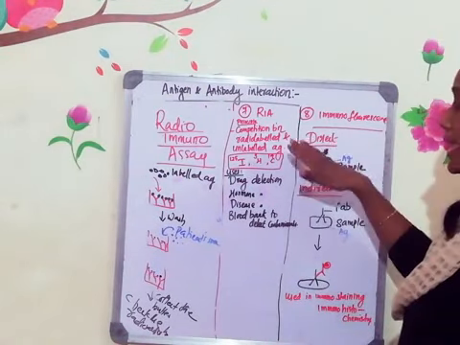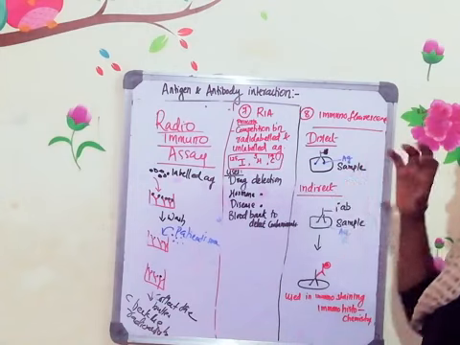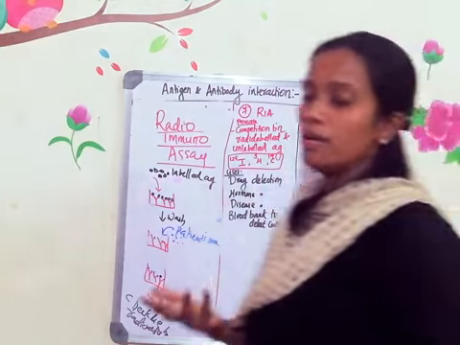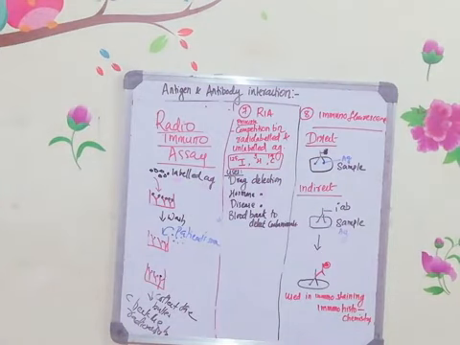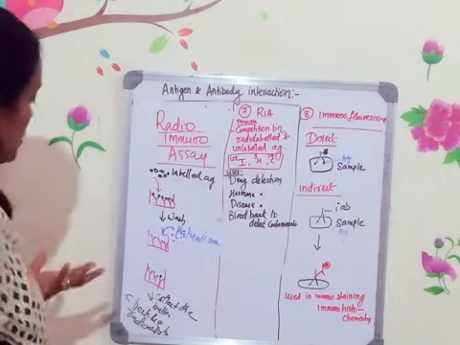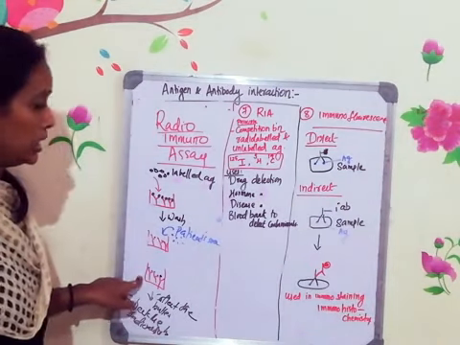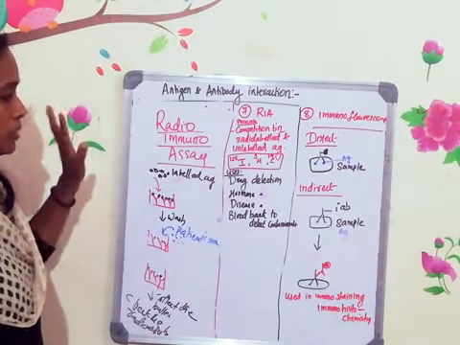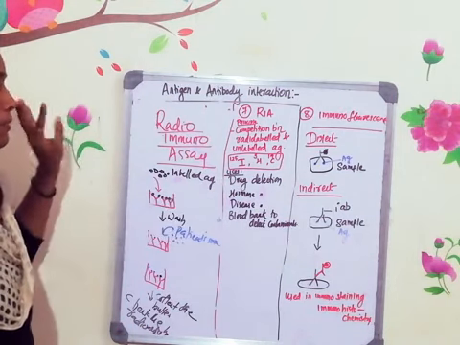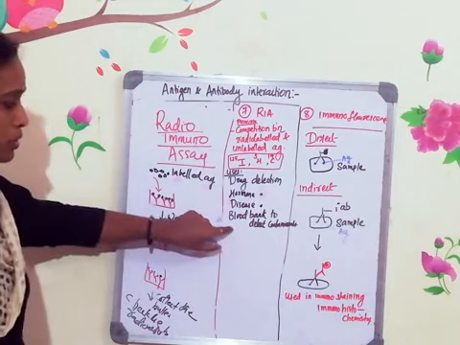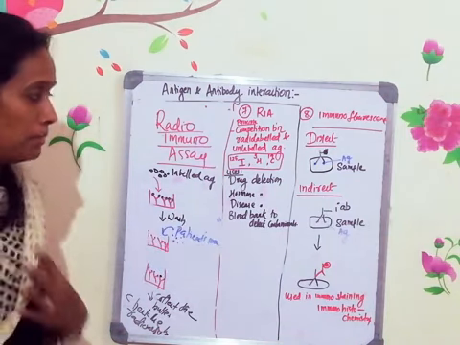So the principle behind radioimmunoassay is a competition between radiolabeled and non-labeled antigen. Radiolabeled antigen and the patient's antigen, there will be a competition. In that competition, mostly the unlabeled one will win, and the radioactivity will be measured from the wash buffer which is used for washing the well. Fine. So this is a very important technique used for identifying the presence of any foreign particle in the serum, and it is also used in the blood bank to detect contaminants.